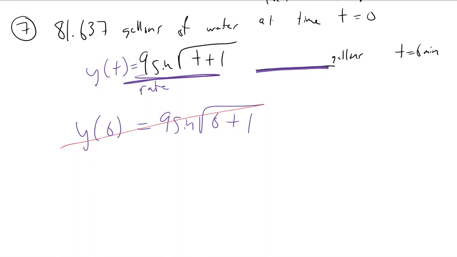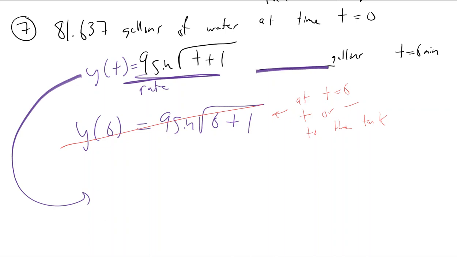What this is telling you is at exactly t equals 6, at that one instant, it would tell you how much water is being added or subtracted to the tank. I don't care what's happening exactly at time t equals 6. I want to know what's happening at t equals 1, 2, 3, 4, 5, everything in between, all of those changes. And so the way we would visualize that is area under a curve, and area under a curve is